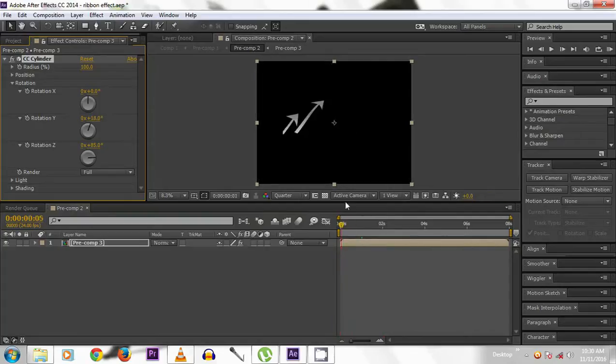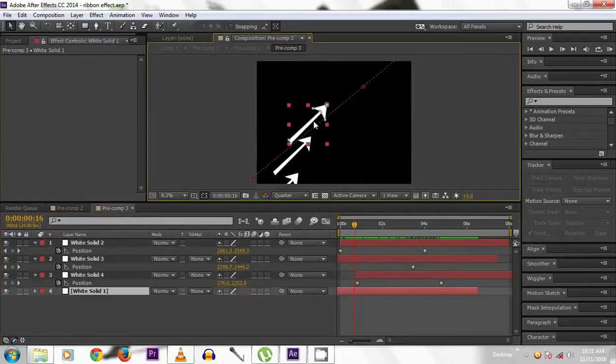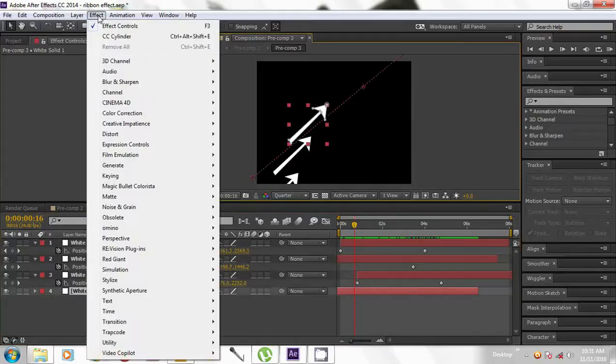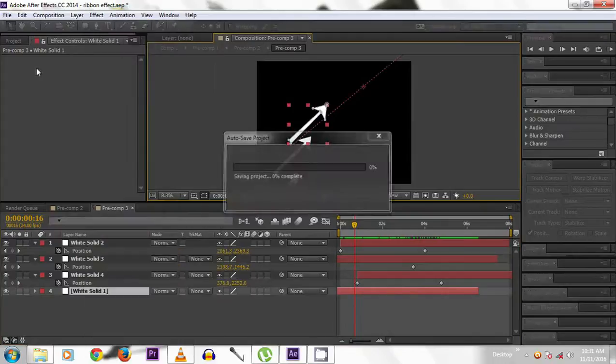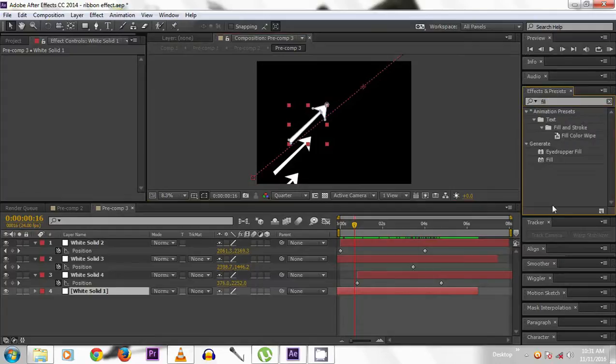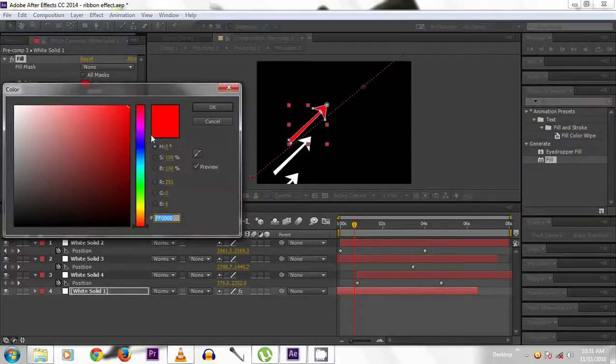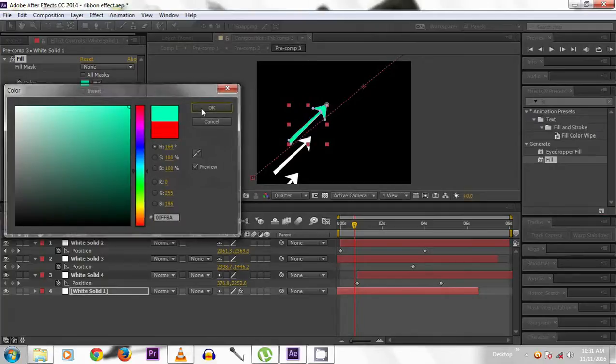If we want to make colorful arrows, it is very simple. Select the arrow, then move on to effect, or otherwise in the effects preset, fill, generate fill, then change the color. Whatever the color may be, the arrow will take that color.